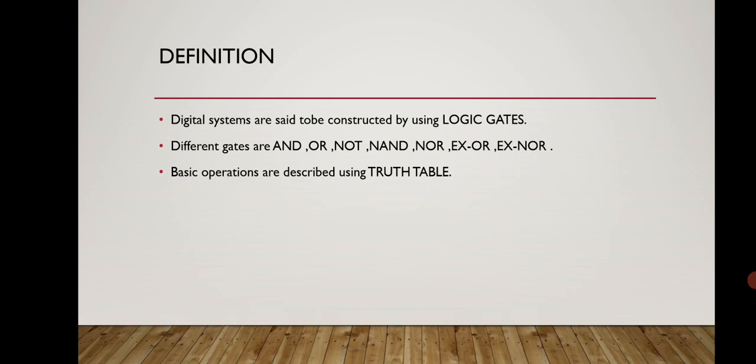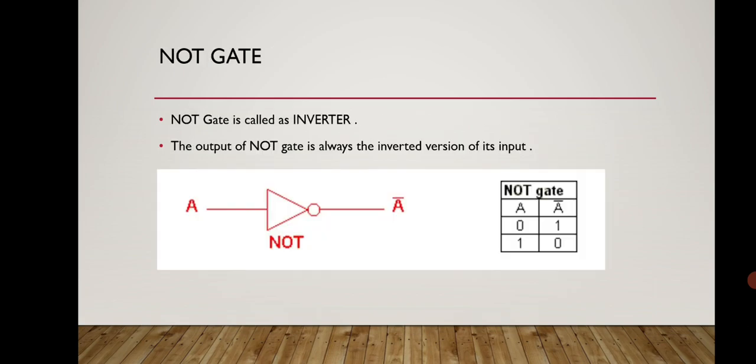So first, let us see which gate this is. This is the NOT gate. Here the downward part in red shows the representation of a NOT gate, and this is the truth table I mentioned. NOT gate is also called an inverter. This gate has a single input and a single output. What we feed into the input side, we get the inverse of that at the output section. That's why it's termed the inverter.